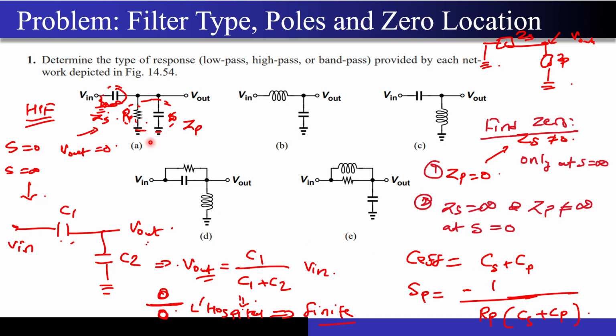Now let's try to find out the zeros, correct? Now how to find out the value of zeros? We enforce two conditions. If you put Zp equal to 0, but at the same time your Zs should not be equal to 0, can this Zp become equal to 0? Only when this capacitor acts as a short circuit, the Zp can become 0. When does this happen? Only at infinite frequencies. We are not interested in the 0 that occurs at infinite frequency, right?